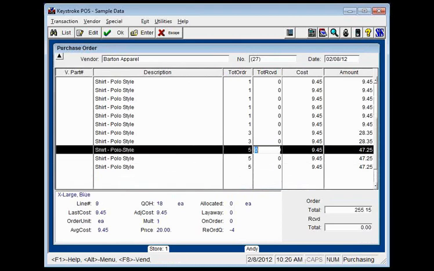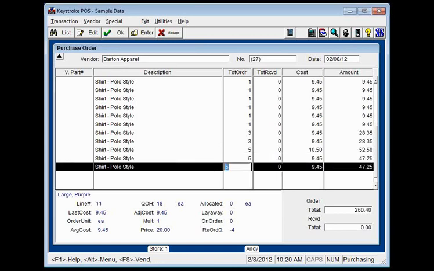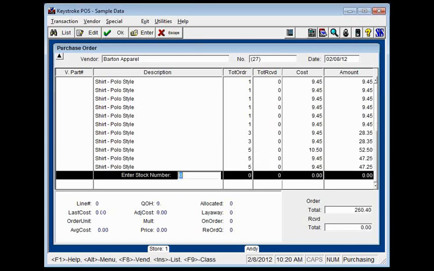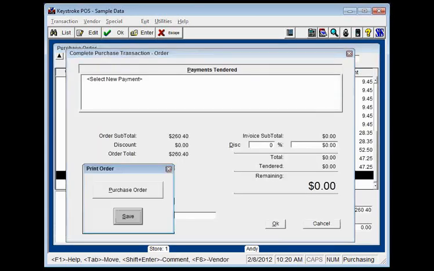Well, I think I have a parameter set up. This should be at $10.50, and I think I'm using the last cost, or the vendor cost, is what I have this set up with. So let's go ahead now. If we save this purchase order,